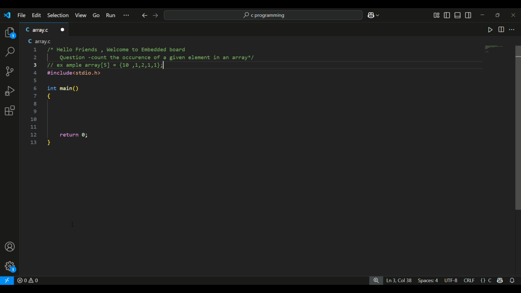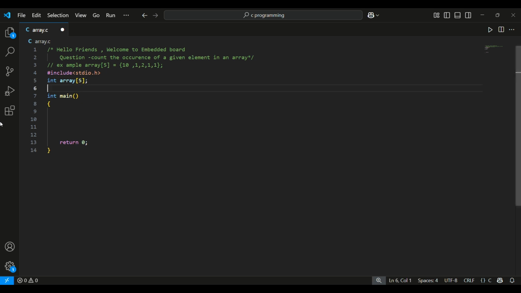Now let's go to the coding part and look at how we can code it to find the occurrence of a given element. So let's get started. In the coding part, first I will declare an array of type int, and the size of the array is 5, and the elements I am going to take as input from the user.